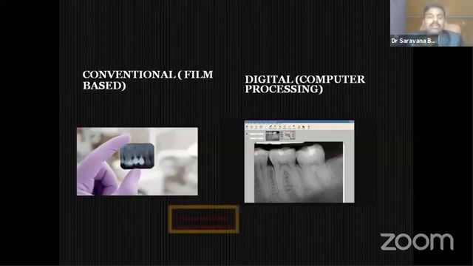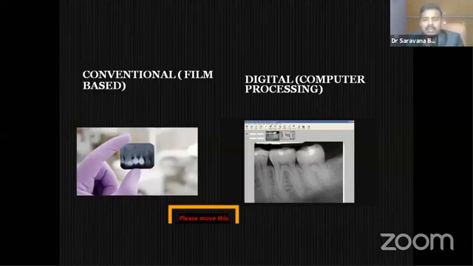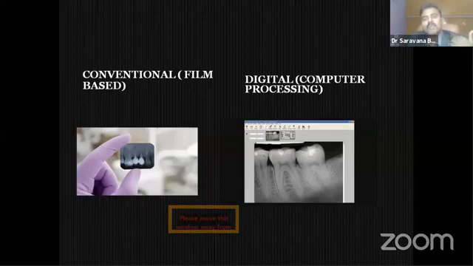And one important point I want to tell you, my dear friends: while using the digital imaging method or RVG, most of the time we are not remembering the radiation safety protocols. This is my personal opinion. As I told, in the conventional film-based method, if we have to go to the dark room, and after that nothing is there, we will not go for a second X-ray. But my friends, many of my friends including me, if we are doing root canal treatment, our concentration is only on the apex of the tooth or the mesiobuccal second canal or something. We are not bothering about the radiation exposure.